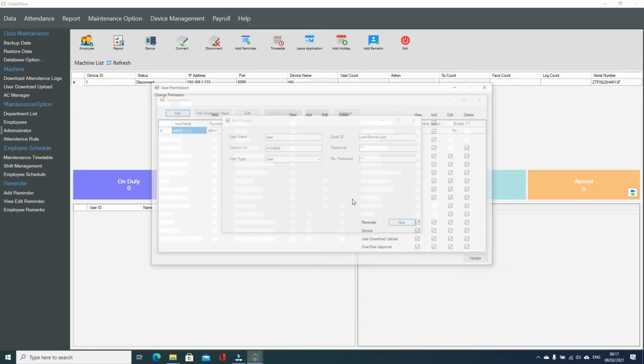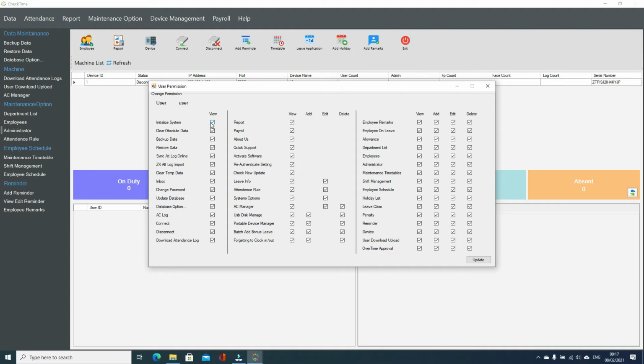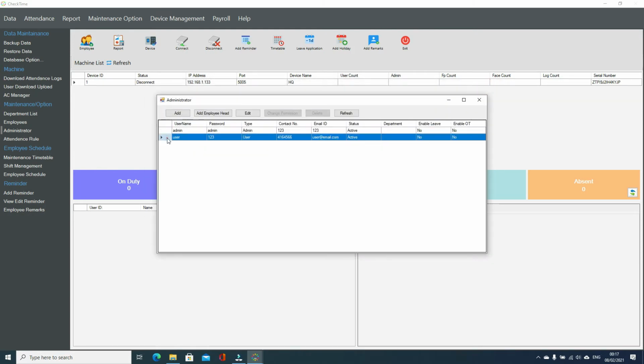This will help you if you are managing the software on multiple PCs. Here, for initialize system, I don't want to give this user some things, so you can uncheck whatever you don't want. I uncheck this also, click update. Okay, so we have this new user.